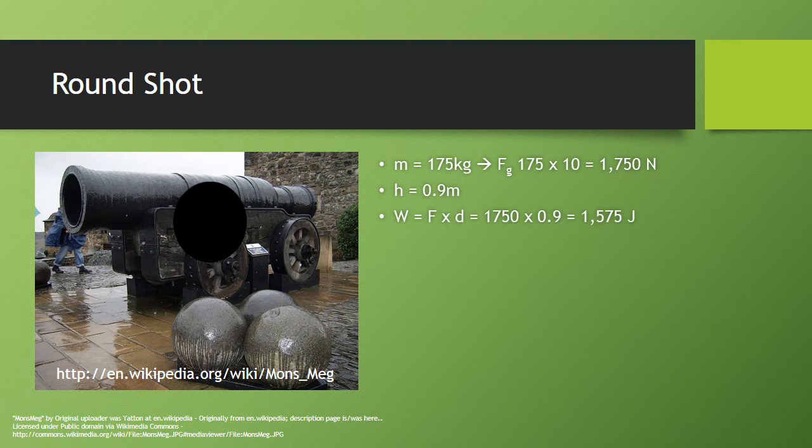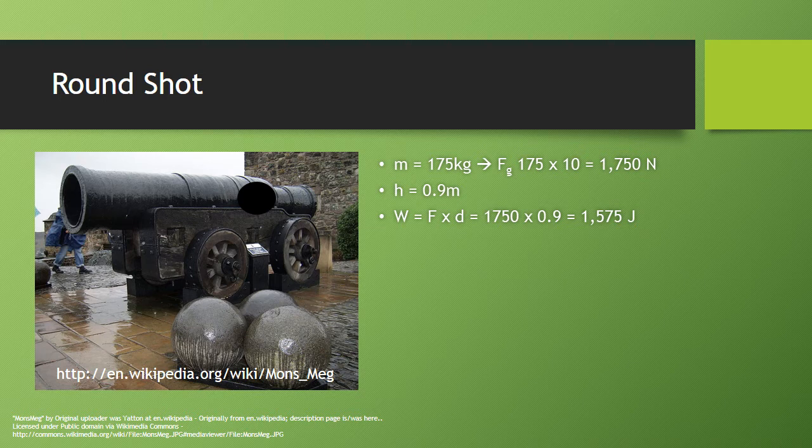And because it's moving up, we use the gravity force, which is a vertical force. Both of them are up and down, therefore they are parallel. In this case, it's done 1,575 joules of work. Now let's imagine that that cannonball is placed inside the back of the cannon and fired